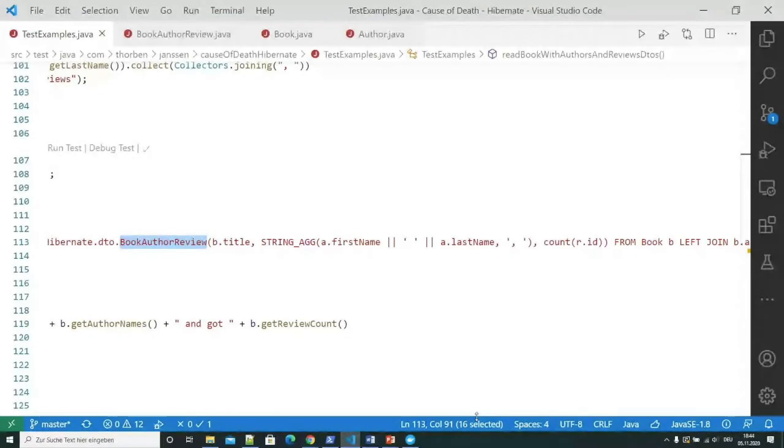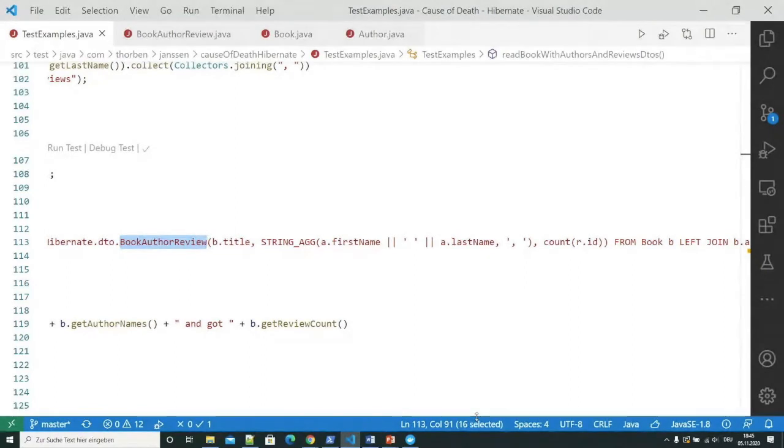So the question there is, what do you do? From a performance point of view, the best approach would be to create two classes, the book author review that we have here, and the second one that stores the title and publishing date of the book, the name of the authors, and the number of reviews.